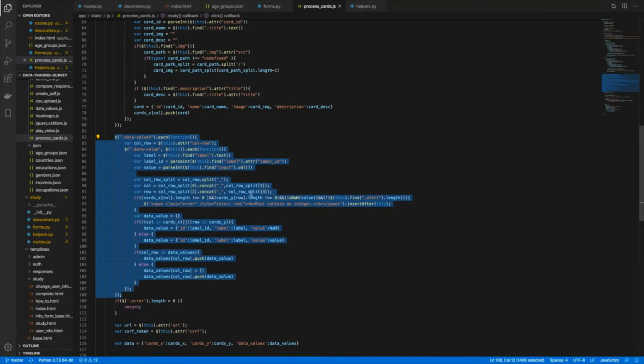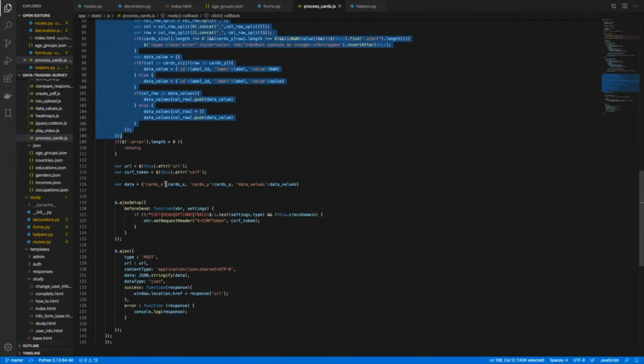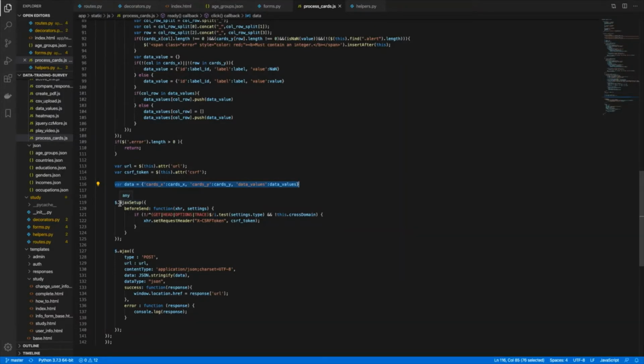The positions and the values are then stored in an object further down here, and then this object is sent back to the server using Ajax.